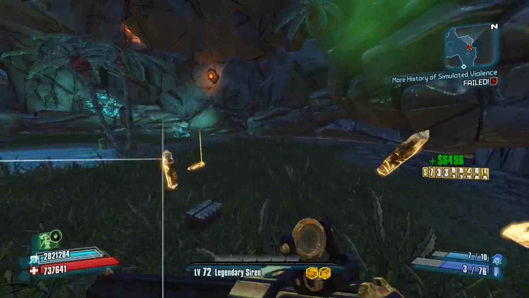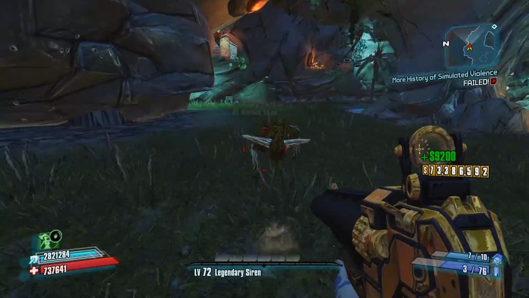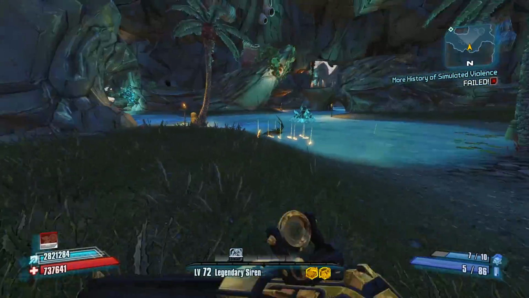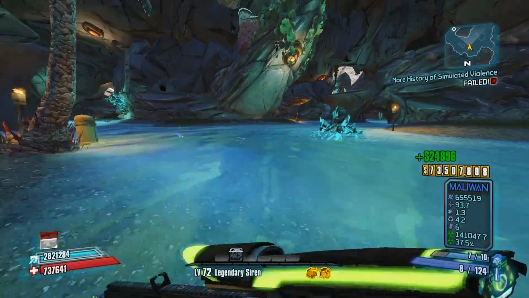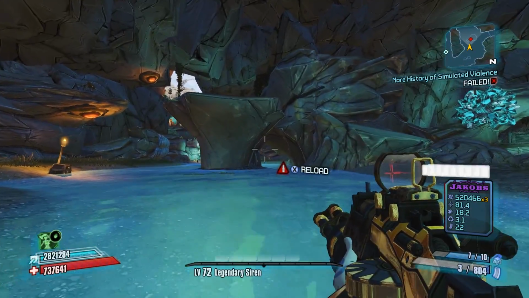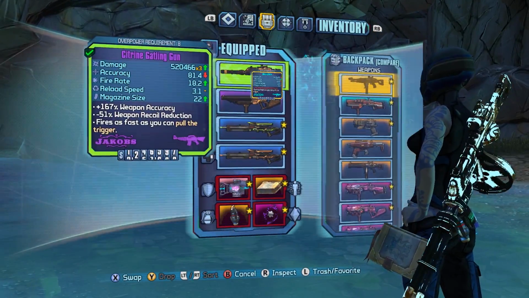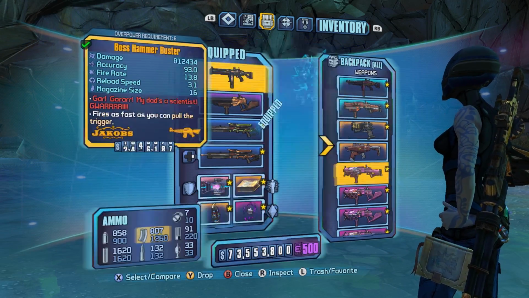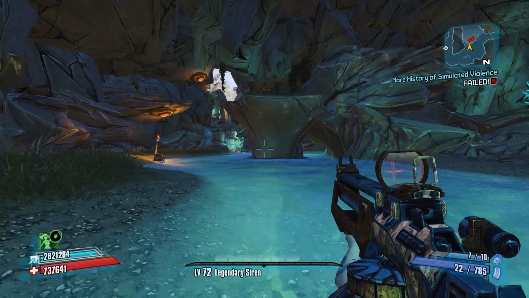Where's that other enemy? See an enemy. Oh, there you are. But you can see how well a coach gun to the face at close range does, in case you don't want to go full quad. Maybe here I've used the Gatling gun enough. I will switch over to the Hammer Buster, actually. Give you guys an idea